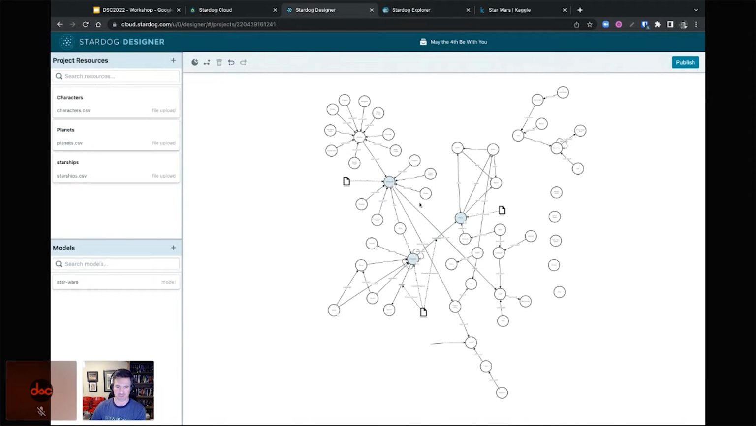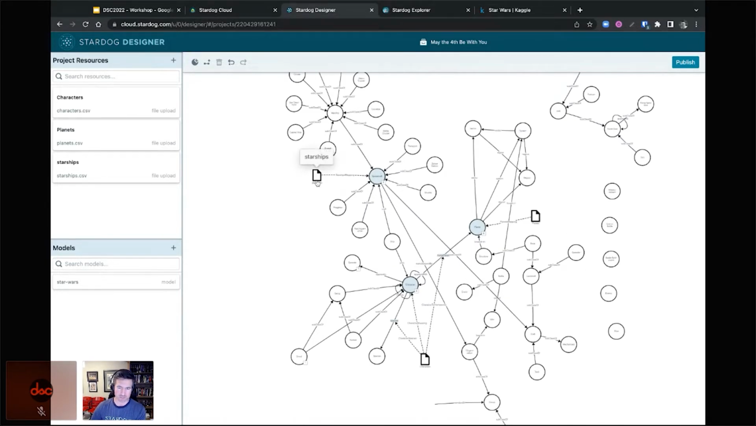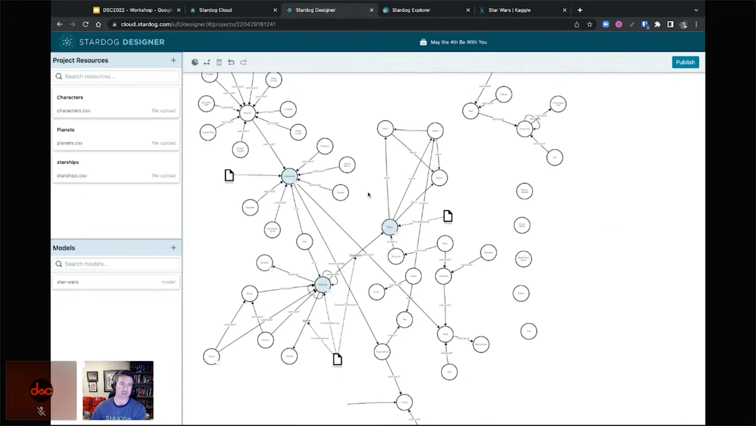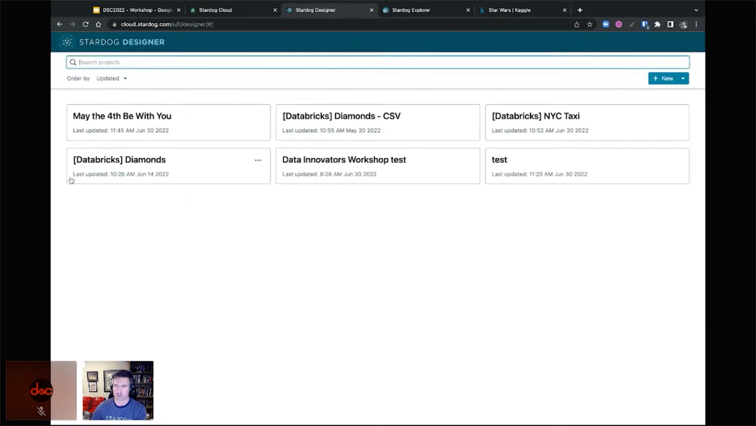To the person who asked about virtualization, in this simple example, I've got a CSV here, here, and here, and it's just three static sources. It's a demo. But if I go back out to Designer, just to show